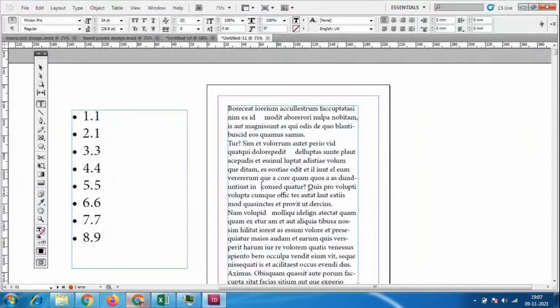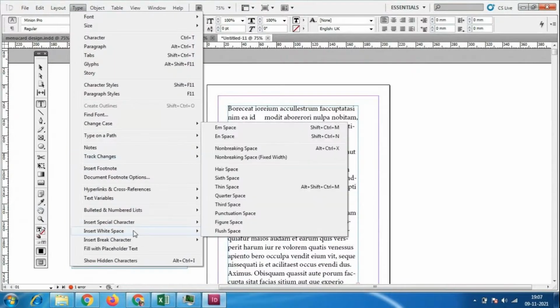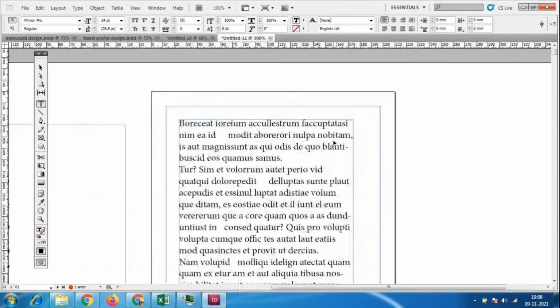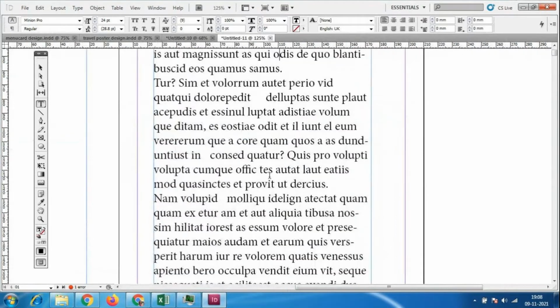So I'll select the thing and look at here. If I go to Insert White Space, like that we have the hair space, sixth space, thin space, quarter space, third space, punctuation space, figure space, flush space. So these many spaces will be there. According to this, hair space means one hair line, that much space only you will get. And sixth space, so we have to type here and check how much space we are going to get. So I'll keep the cursor here, then I'll go to this one,